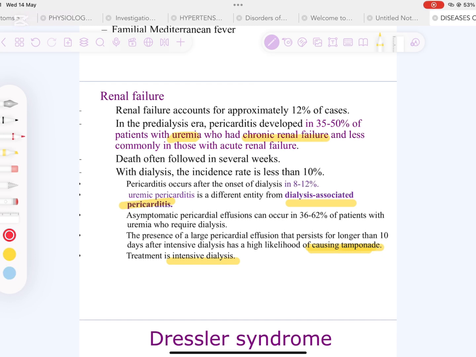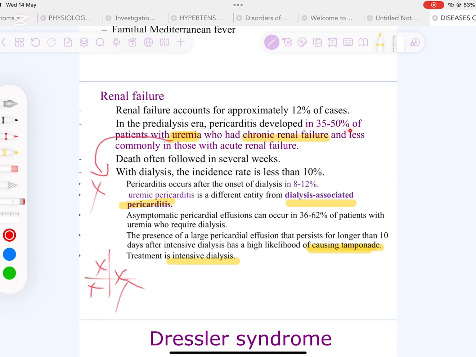Why? Because of uremia. When there's renal failure, it's not excreting as much urea. So urea will build up, and when there's urea, it will enter the blood, and of course, it will enter the heart. And there's not supposed to be that much urea in the heart, it will damage those chambers. Okay, but now when there is dialysis, because some people do dialysis, so now in the pre-dialysis era,